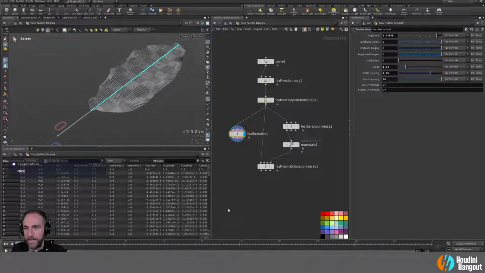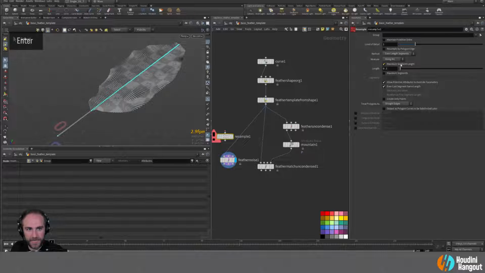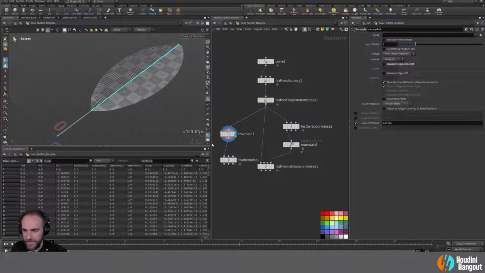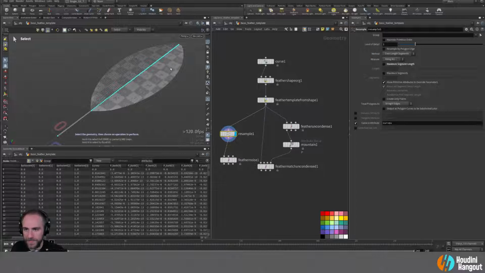So if we just did something like, let's do a resample. I'm not going to actually resample anything, but I'm just going to use this to grab a curve view. I think there's another way to do this these days, but that's okay. So we have a curve view on this